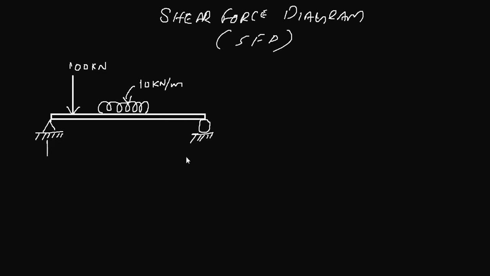So the total length of the beam, let's say 10 meter, and this is over a span of let's say 3 meter, and you have a 4 meter here, and you have 1.5 each. A and B. Now in order to calculate the reactions at A and B, you will need to construct an